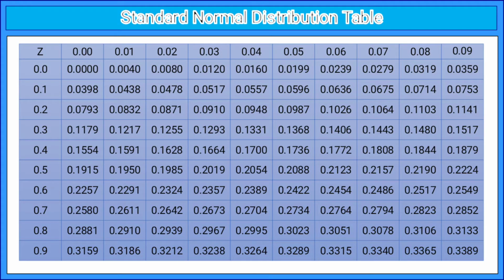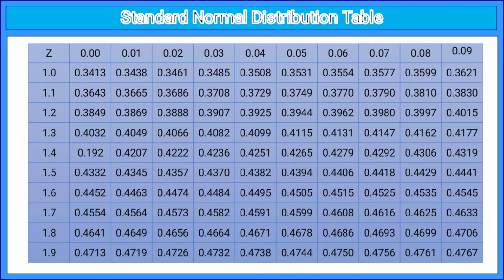Alright. In this standard normal distribution table, we cannot see 1.2 here because it starts from 0 point something. Just take a look at the 1.2 values here. This means our z is 1.2. It means that our percentage value will be 0.3849 or 38.49%. So when you are asked what is the percentage of this z-score, you're just going to use the standard